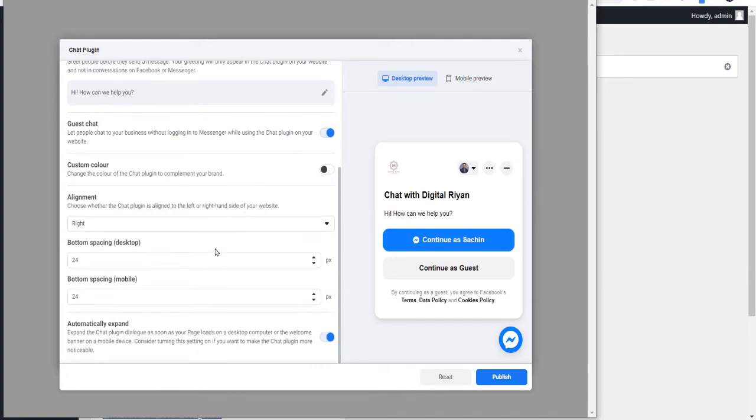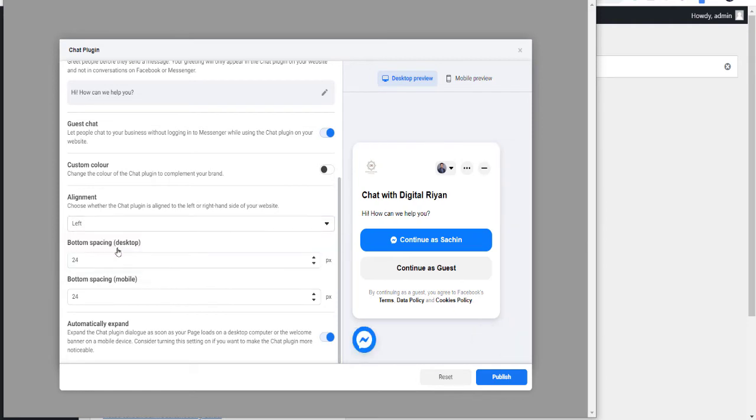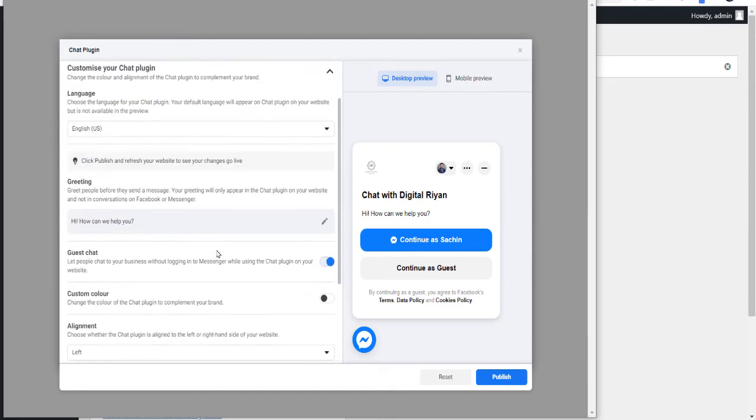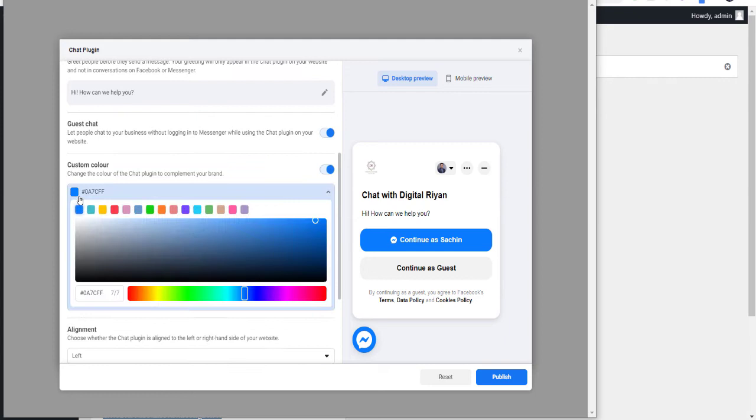Otherwise you can customize it, whether you want it on the left or right, whichever side you want. Right and left you can do it. And at the bottom here, you can even choose a custom color as per your theme requirement. Suppose I have a light blue theme, you can use pink. Whatever color you have, you can choose as per your business and just publish.